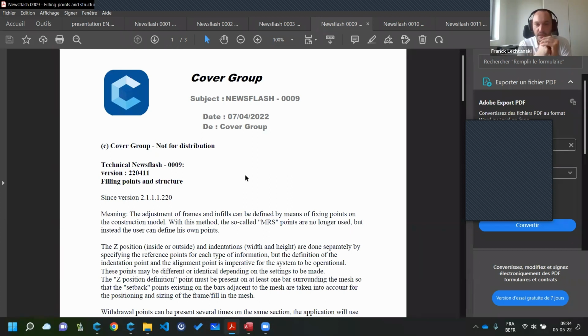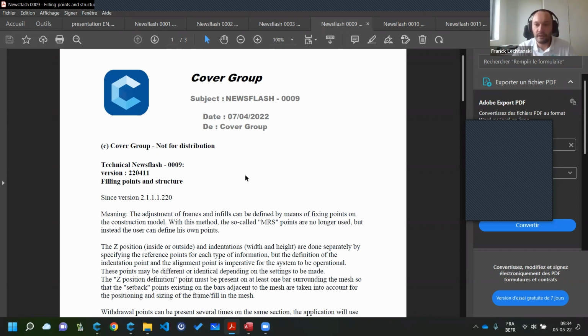So the system is similar. The idea is you add all the points you want, as many points as you want in the same profile or in different profiles,